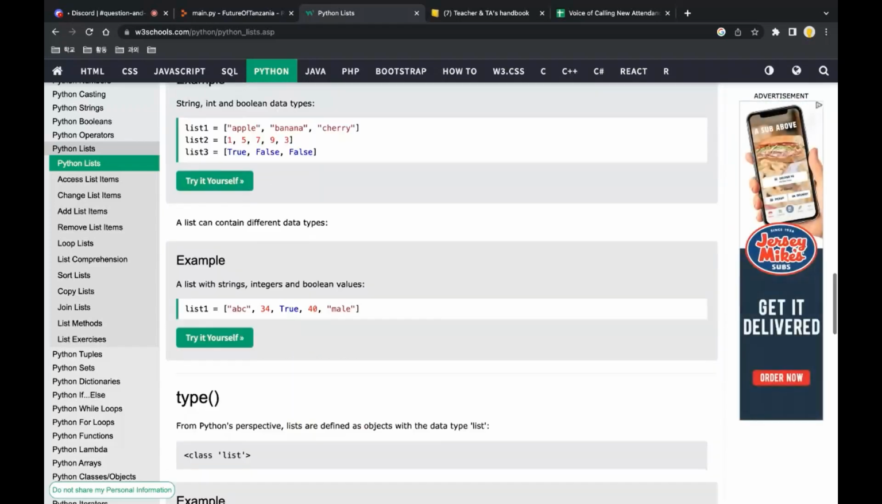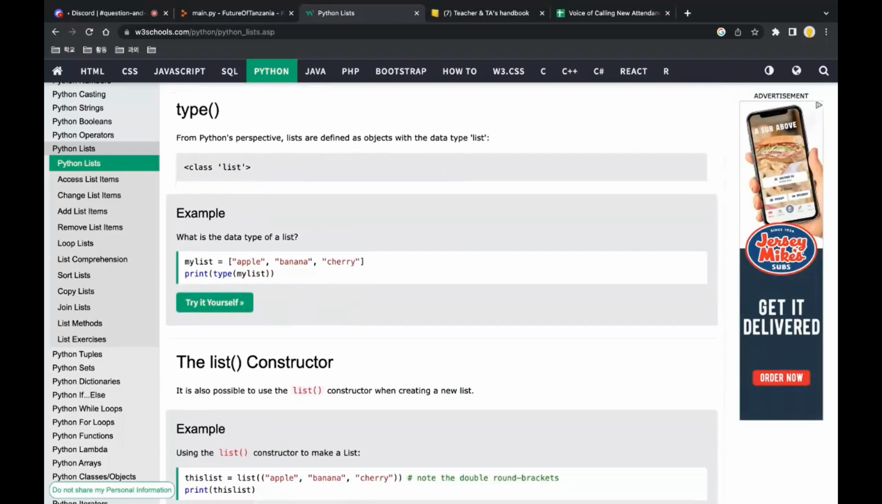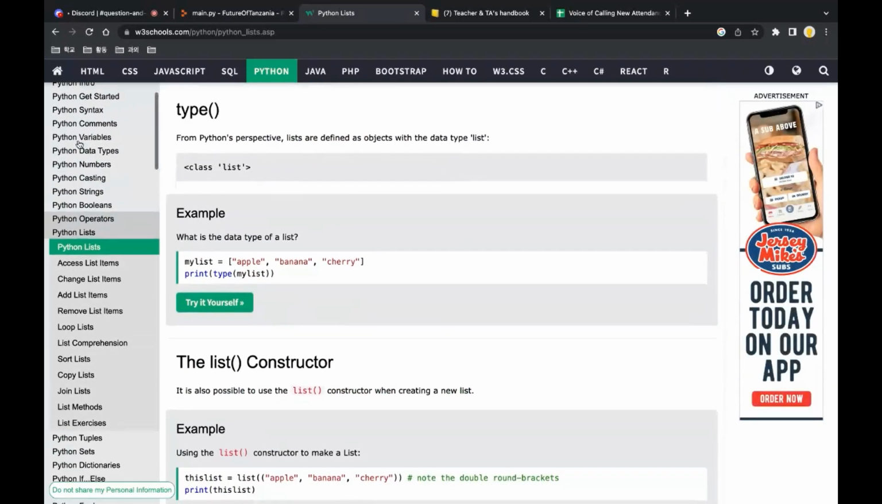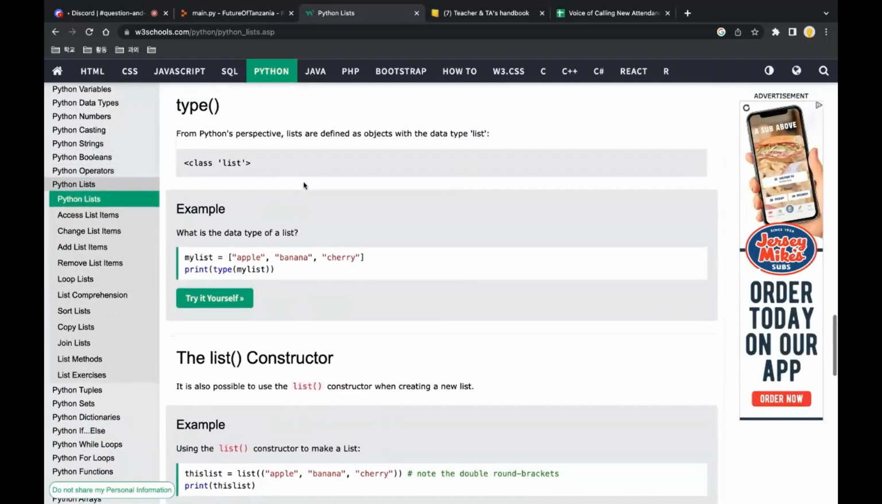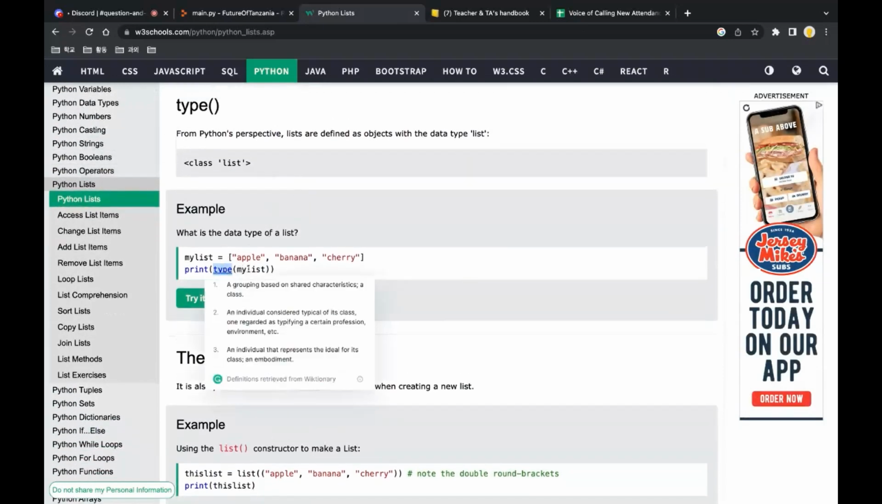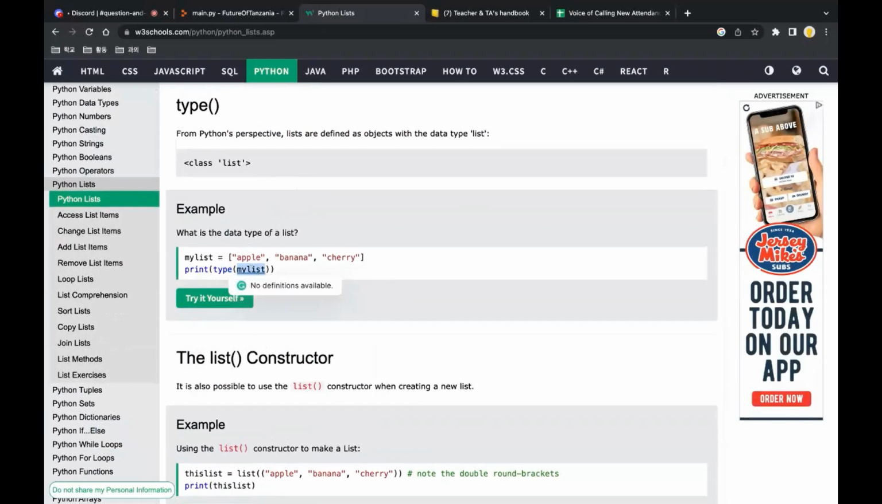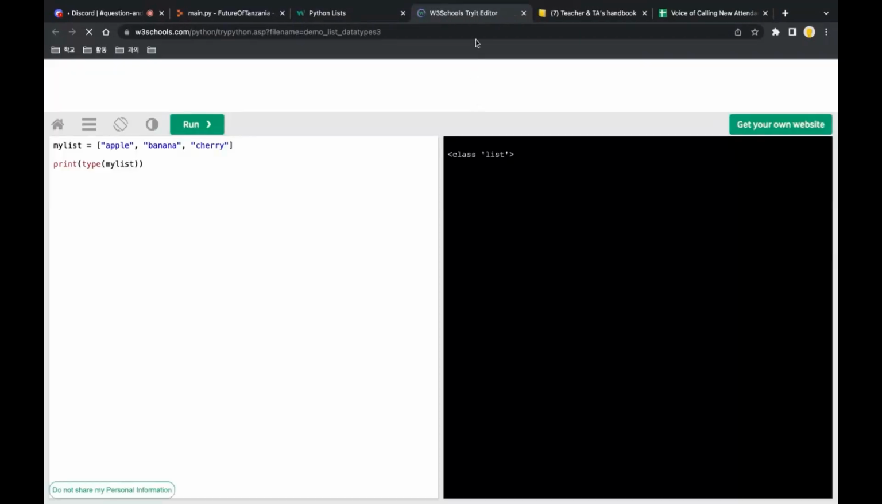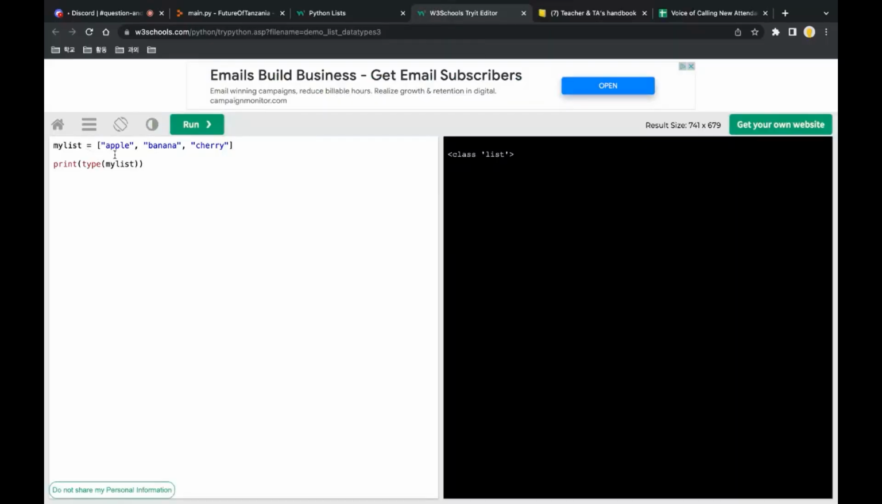Okay? So now we're going to talk about type. And earlier, I think we did talk about type, but if we were to put the name of our list in the type function, it's just going to return class list. And if you don't remember what the type function does, let's say, of course, if we run this, we're going to get class list because my list here is a list, right? If we did, let's say my list index 0,